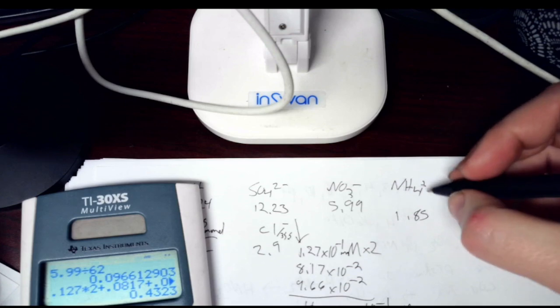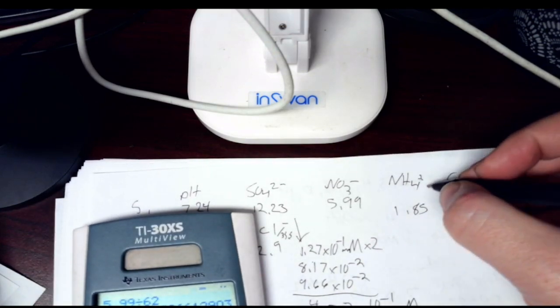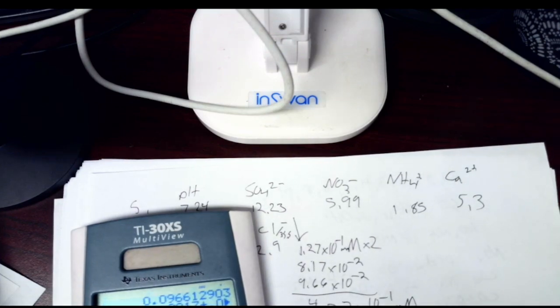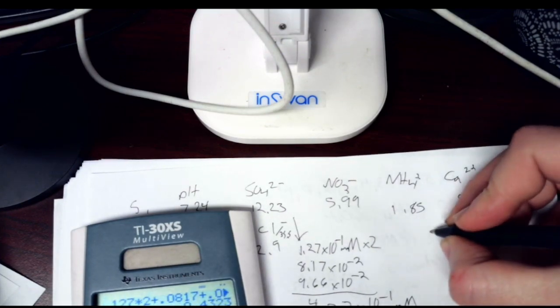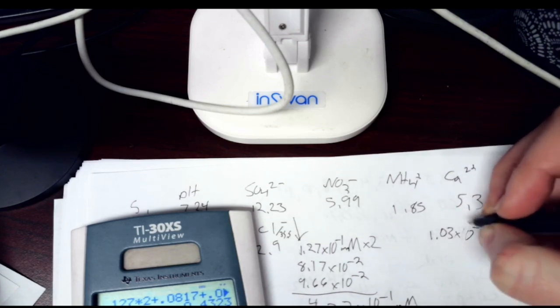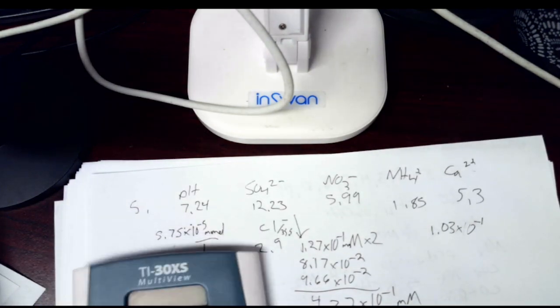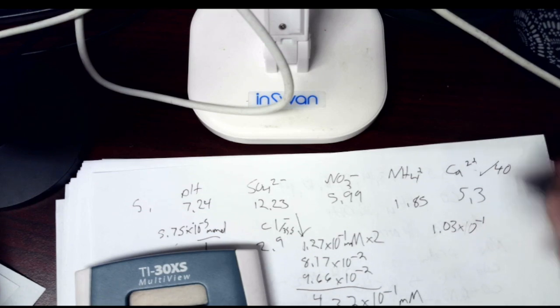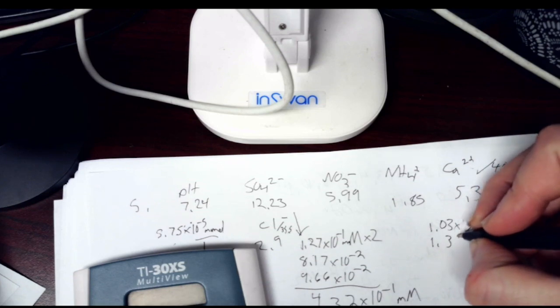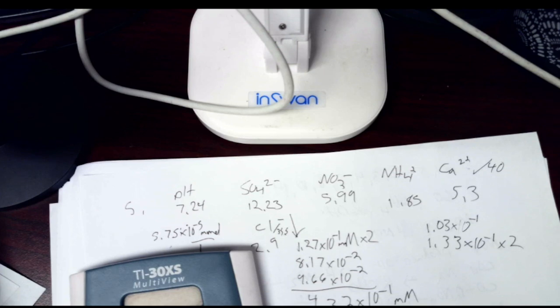Now in terms of ammonium, we said that was like 18, so 1.85 divided by 18 is 1.03 times 10 to the negative first. Calcium is 40, so 5.3 divided by 40. It's going to be something like 1.33 times 10 to the negative first. We have to double that. 33 times 2 plus